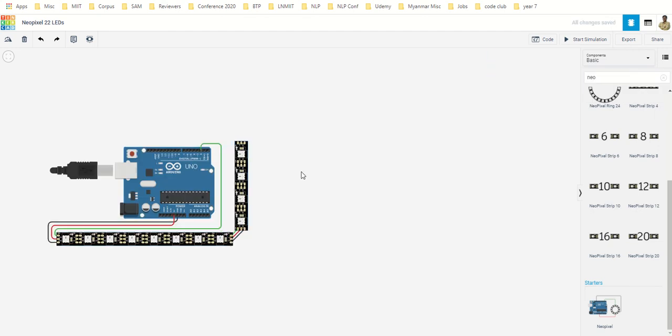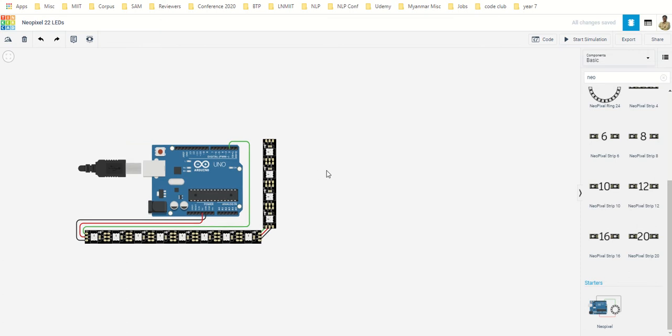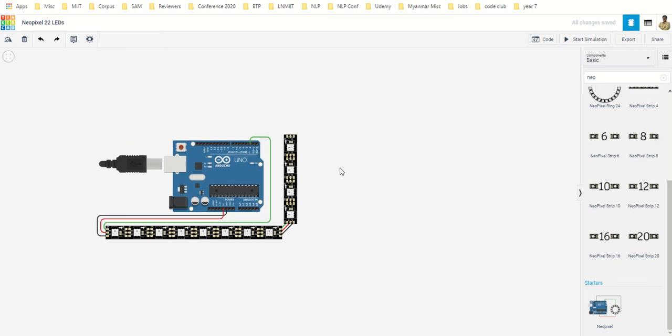NeoPixel is not supported on blocks. There are a few things which are not supported using block programming because the libraries are not made. So in these videos we are going to learn how to read and modify the Arduino C codes as well.